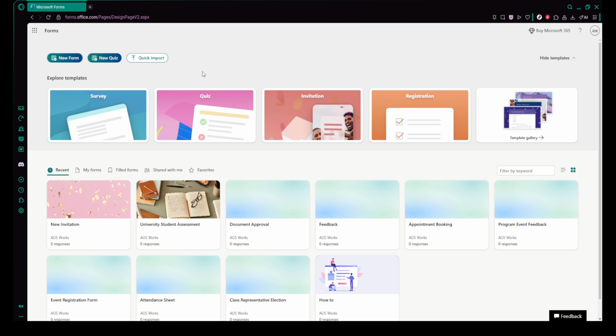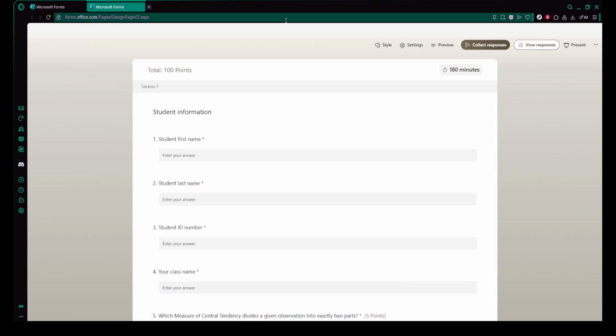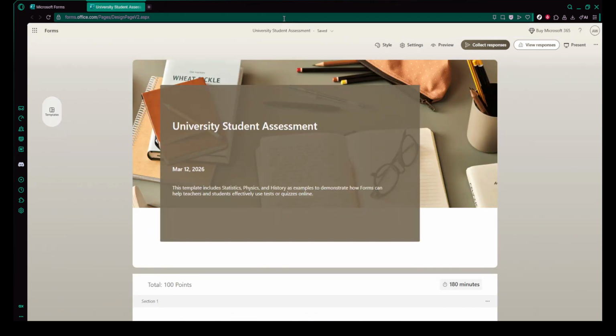First, make sure you're signed into your Microsoft account and that your form is already created. Once you're ready, open your form in Microsoft Forms. You can do this either from the main Microsoft Forms homepage, where your recent forms are listed, or from within your Office or Microsoft 365 apps, if that's how you usually access it. Click on the form you want to share, and it should open in the editing view, where you see your